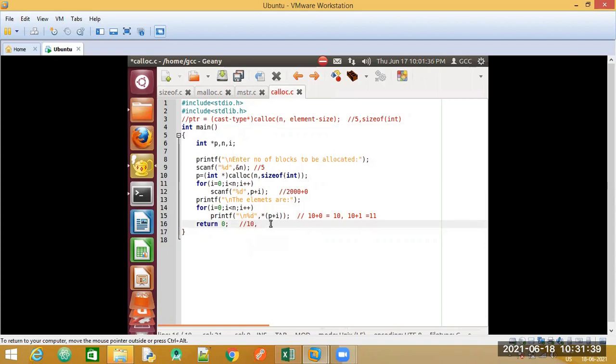For the second iteration, your base address is again 2000. 2000 plus I into 2 bytes, 1 into 2 bytes will be 2000 plus 2. So the content at that 2002 address, that is 20. And so on, all the values are getting printed.